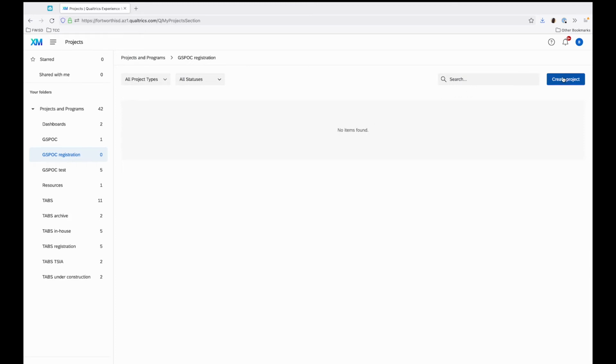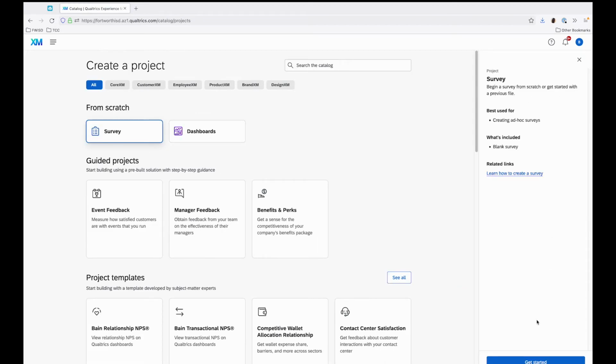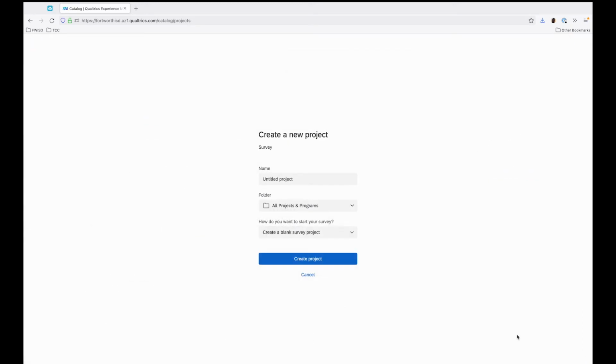We're gonna create a project at top right. Survey from scratch. Survey, bottom right, get started. Naming this is going to be important because I'm going to see all of these, and so are Jacqueline Avarete. So we're going to call it, for my situation, 082 tabs. If this is your ECHS survey, or if you are a standalone ECHS campus, add ECHS, GSPOC,